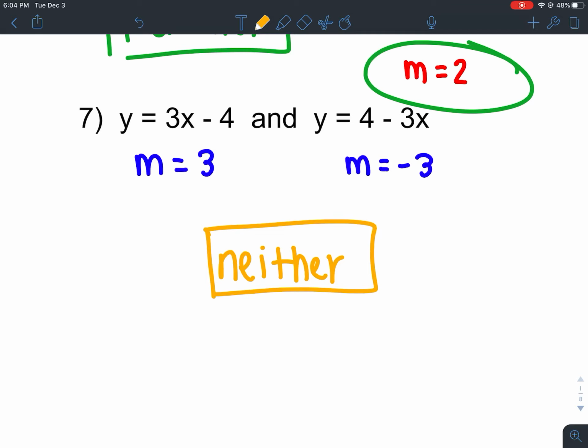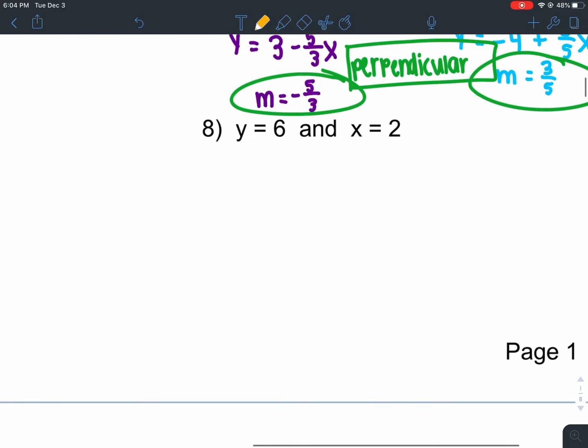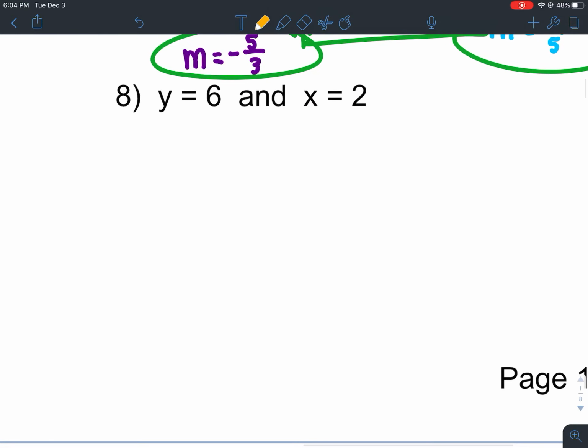Okay? So again, they're not exactly the same, so they're not parallel. But they're not opposite reciprocals, so they're not perpendicular. They are opposite, but they're not reciprocals. Okay, number 8. Now, number 8 is the one that confuses people sometimes because they're like, what do I do